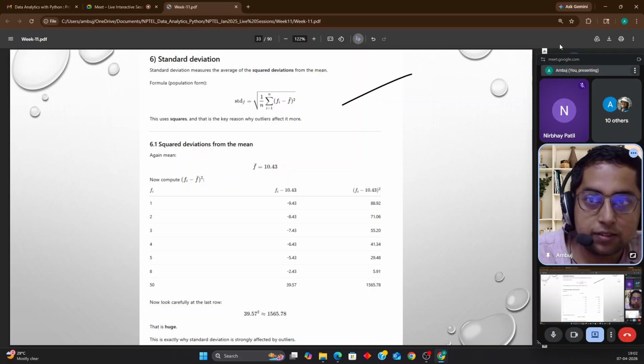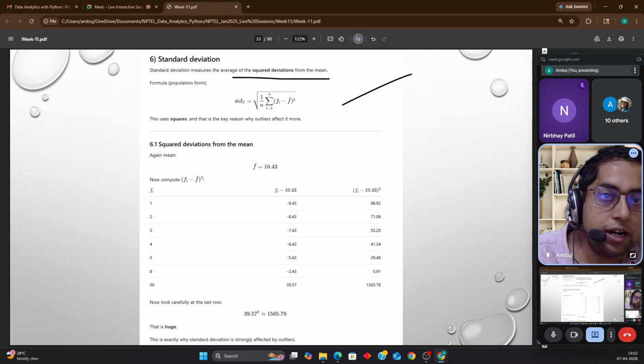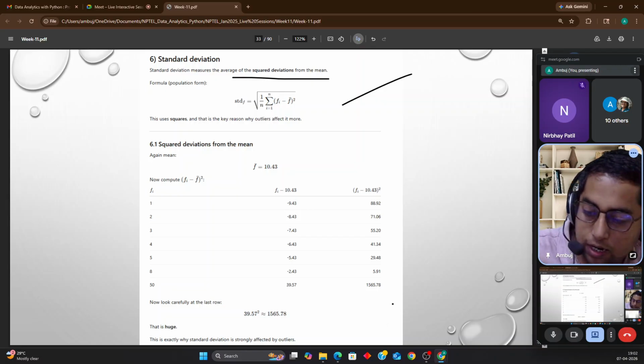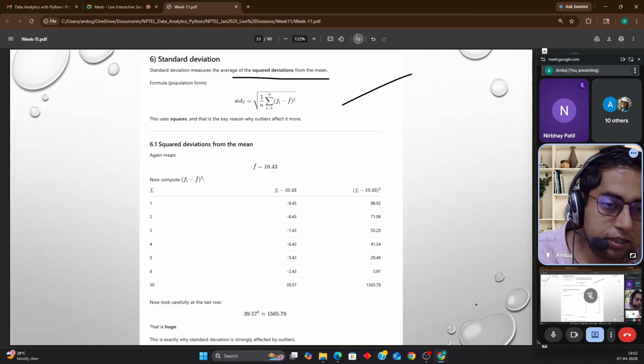Likewise, I have given here. You compute the standard deviation, it would be the measurement of the average of square deviations from the mean. So fi minus f bar we already have computed. You just calculate the squares, and then sum it up and divide by the total number of values. If you are dividing, you will get it as